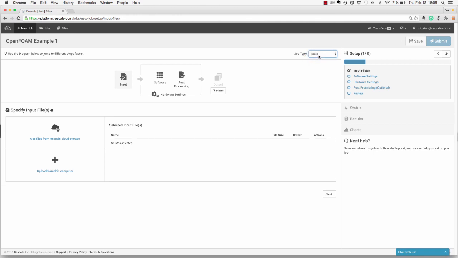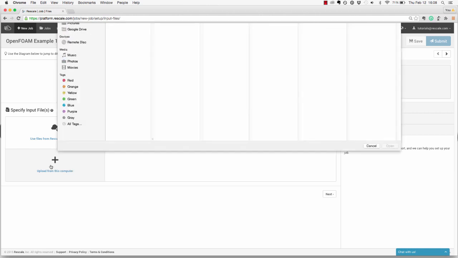The first step in the workflow process is to upload your input files. You can choose to upload existing files from your account, or you can choose to add files from your local machine. You can find the files for this job at www.rescale.com/resources. Select Getting Started and then Run a Basic Job from Job Types. This example is available in a written tutorial with the files included. Click on Choose Files and upload the file